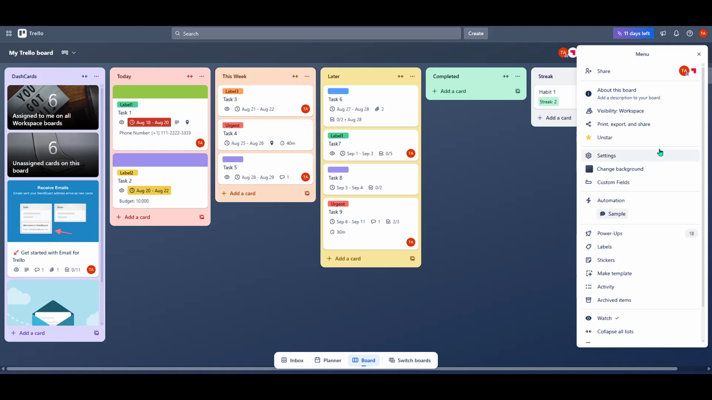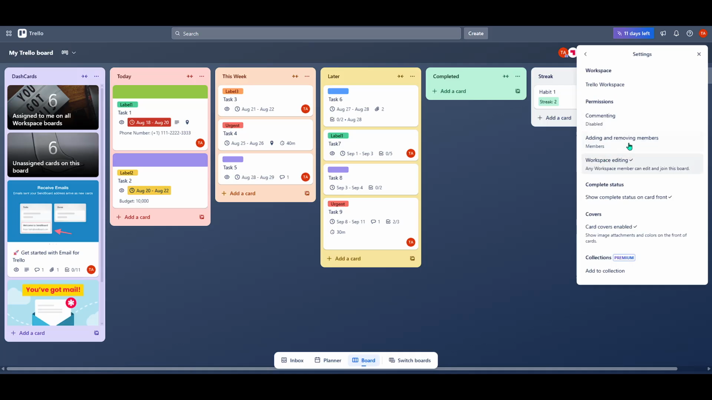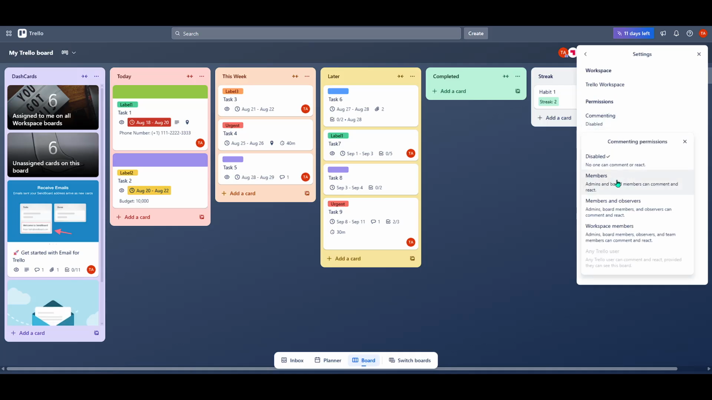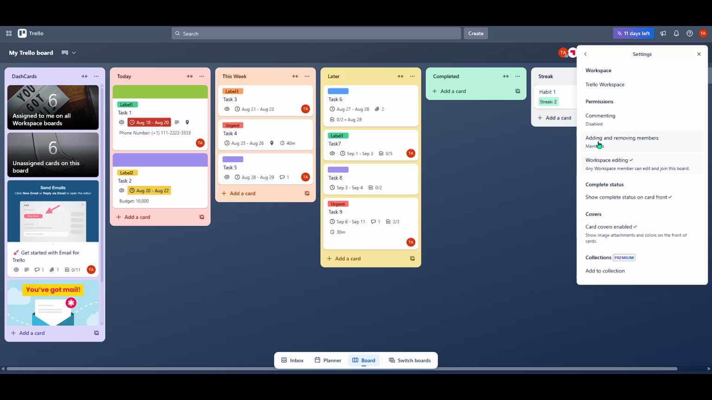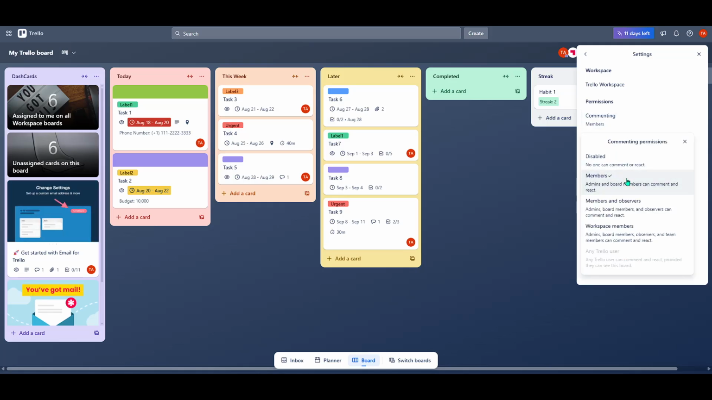As simple as those few clicks, you've successfully disabled commenting on your Trello board. By taking control of your board's permissions, you've ensured that you and your team can focus on what truly matters without having to sift through unnecessary comments. Remember, Trello's flexibility is part of what makes it such an effective tool, and knowing how to tweak these settings to meet your needs can greatly improve your